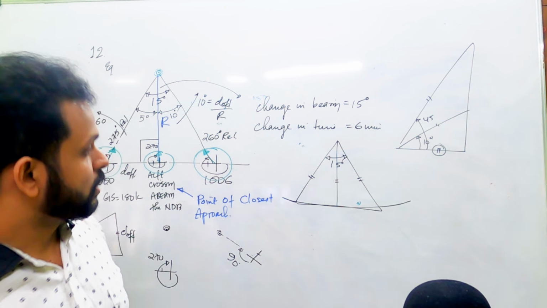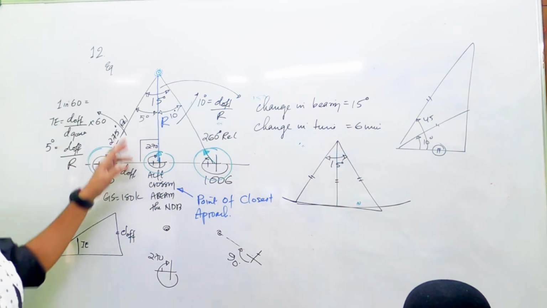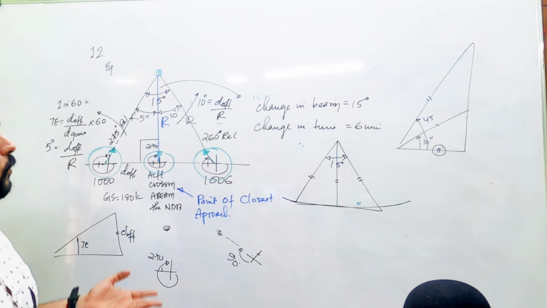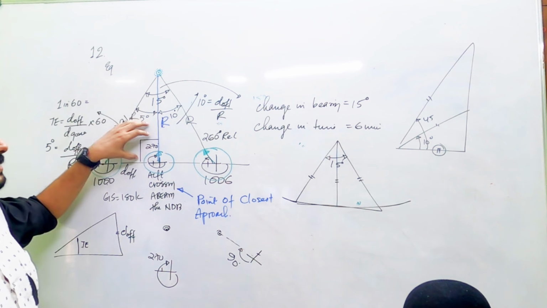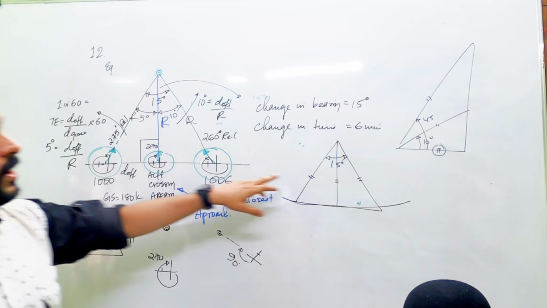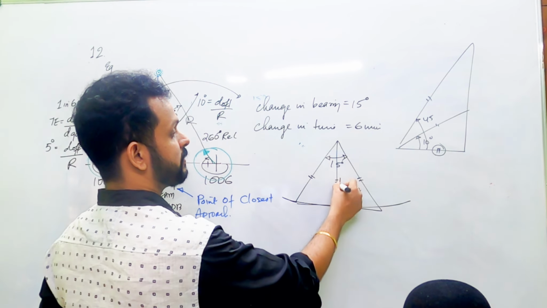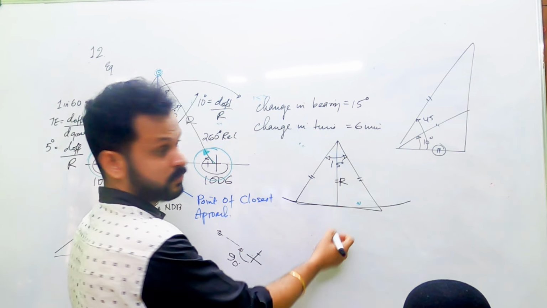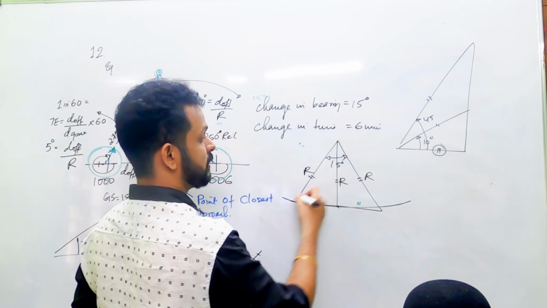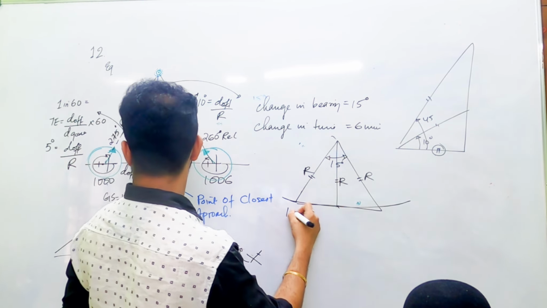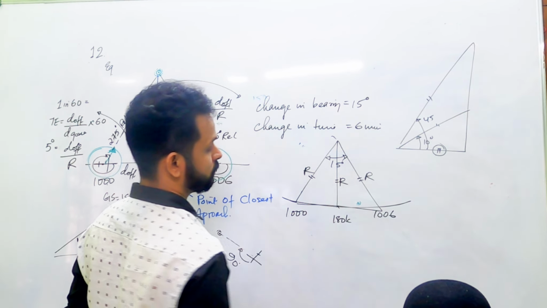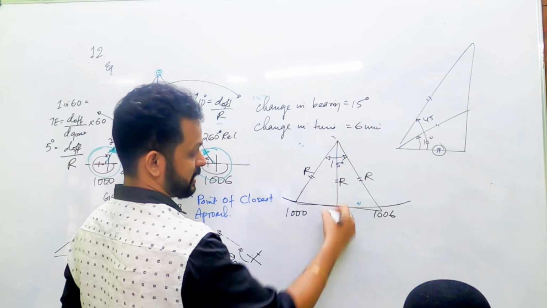Right? So all right, so how will I find the range here? Having this understanding that if this is R, all this is going to be R. We can assume in that way. So what I'm going to do is add these two. Instead of considering them as separate triangles, I can think this is combined. A triangle with angle 5 degrees, and this is the range which is asked in the question. This is the point of closest approach, but I can take all this as R, and if I take this triangle as a whole, this time is 10, this is 10.6 at a ground speed of 180 knots. If I apply 1 in 60 to the entire triangle,